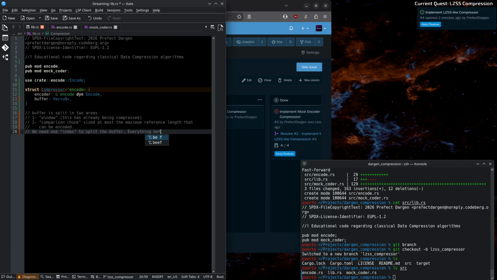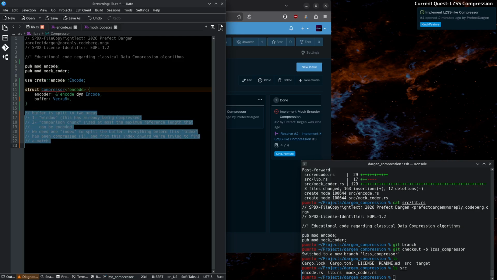Everything before the index is already compressed, and from this index onward, we're trying to find a match. All right, and because of that,